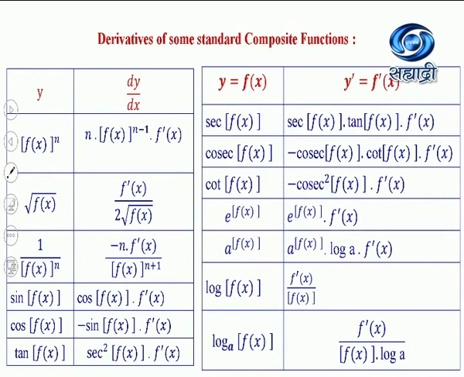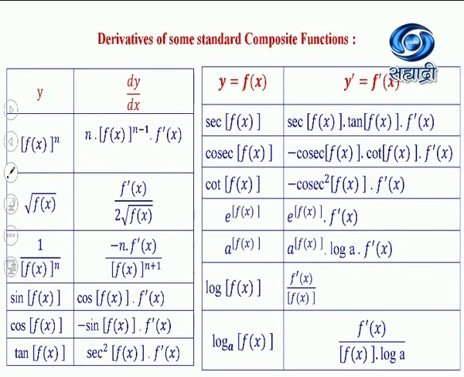Now we consider remaining functions. Now we write directly derivative of sec of fx. You know derivative of sec x is sec x tan x. So you write instead of x, f of x here. So sec of fx into tan of fx into f dash x. Very simple thing. Now derivative of cosec of f of x is minus cosec of f of x into cot of f of x into f dash x. Students, now you can tell me derivative of cot of fx is minus cosec square of fx, because you know derivative of cot x is minus cosec square x. So instead of x, we write f of x and multiply it by its derivative, that is f dash x,